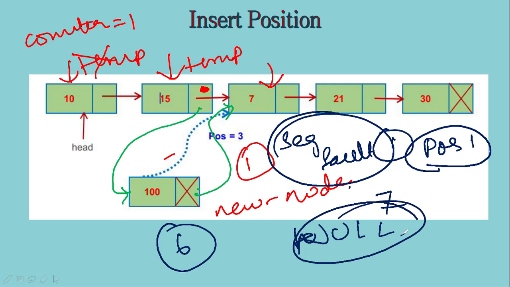Null actually means that it doesn't have any address, and this is how we initialize the next part of the nodes also in the code. So we should be taking care that this null pointer is not dereferenced. Dereferenced in the sense you should not use this arrow operator with a null pointer. That care should be taken, otherwise you will be seeing segmentation fault, right?